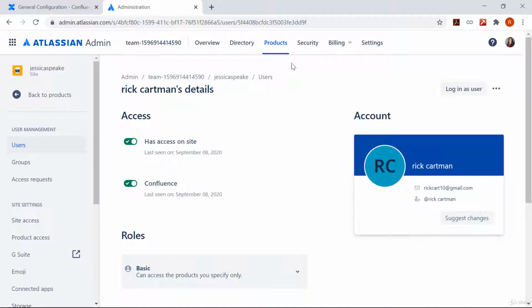So in this case, since you don't want Rick to have access anymore to the Confluence site, but you still want all the documentation done by Rick to be there, just uncheck the Confluence application from here. Once you do that, Rick will no more have access to this site and he will not be able to access the information. But you still have the content and documentation which was created by him. So this was the important point which I wanted to highlight here.